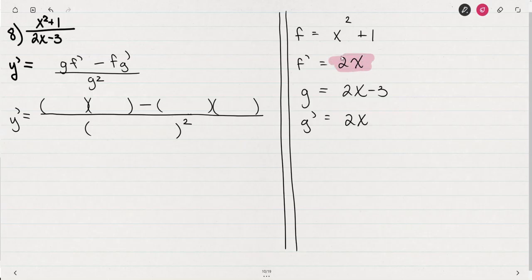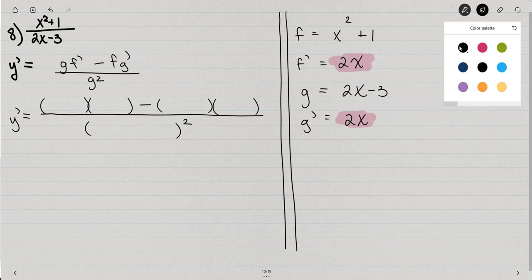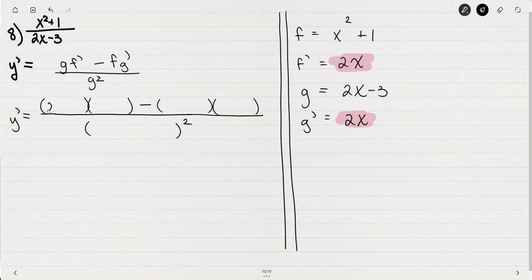The denominator is 2x minus 3. Just simply putting these into the formula, we would have g, that's the denominator, 2x minus 3, times the derivative of f, that's our 2x,